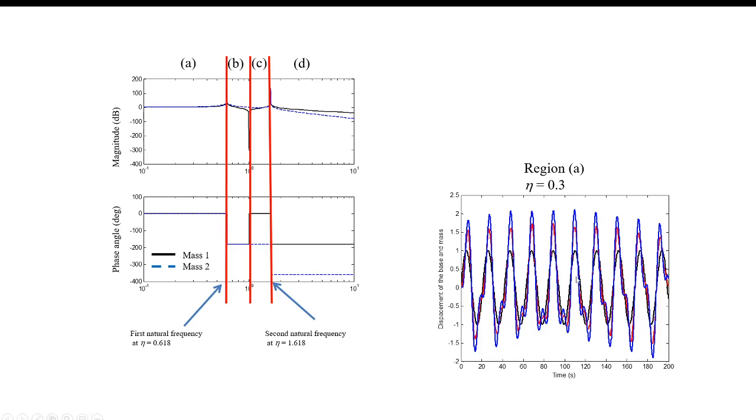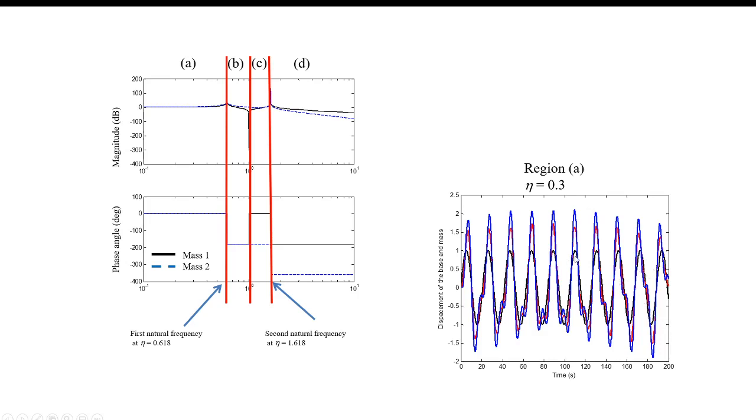So if the base moves to the right, so do the other two masses. That kind of makes sense, right? The base should just carry the whole thing with it when it's moving slowly. So when you do this in the lab, there is some damping, so you just wait long enough. Right now it's after 200 seconds, and I still see